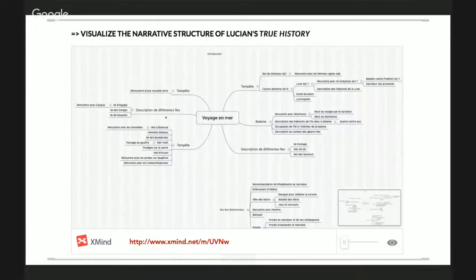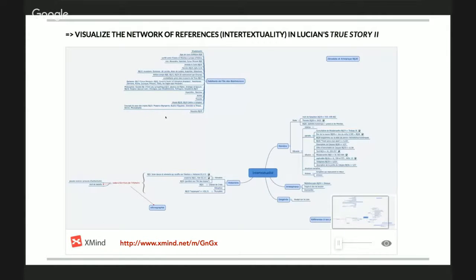What we did at the beginning of the year was to read the books, the second one, True Story 2, and make a general visualization using the XMind software, which is free, and that's something very interesting. So this was a way to go deeper inside the book and have a general visualization of the content and also of what the intertextuality was made